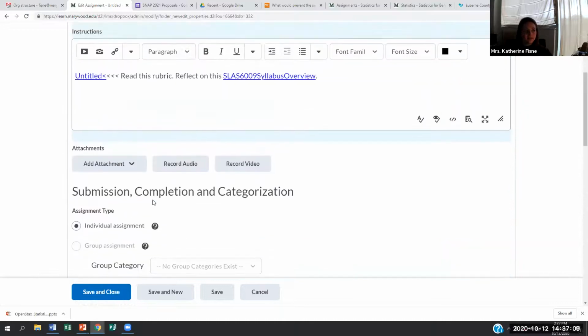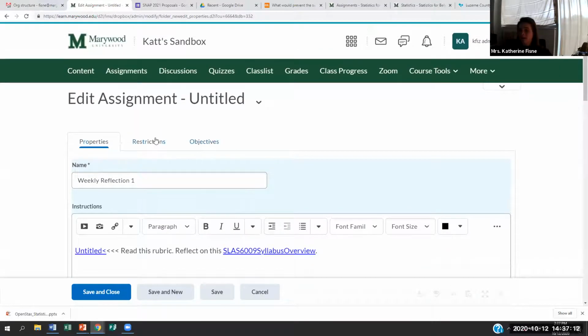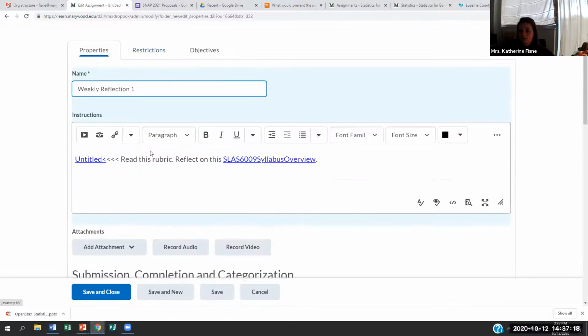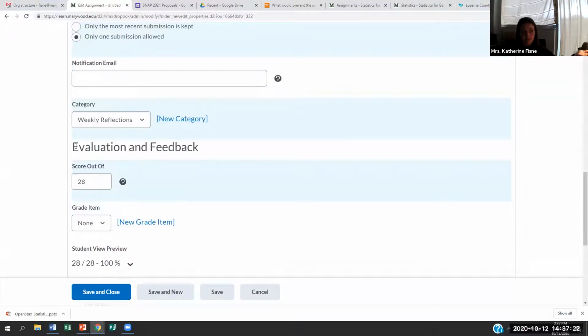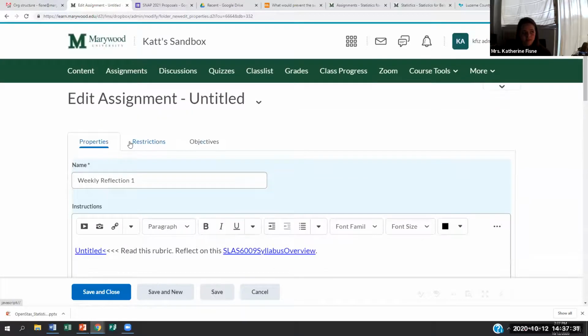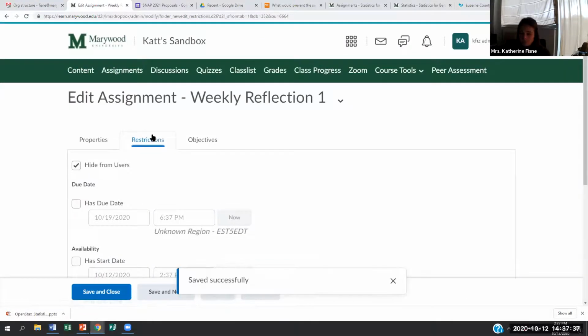Once again, at the top is where we have our extra tab. So if you wanted to set up restrictions for this one, you could. It assumes for an assignment that you're going to do an assessment. So that assessment tab is just built in here in the settings rather than our discussions page where it was a separate tab. But you can always adjust that up here for the restrictions. Restrictions is also where you would go for your students with accommodations